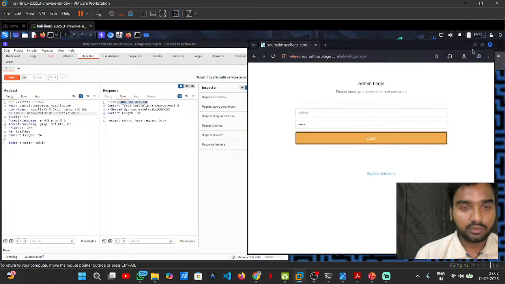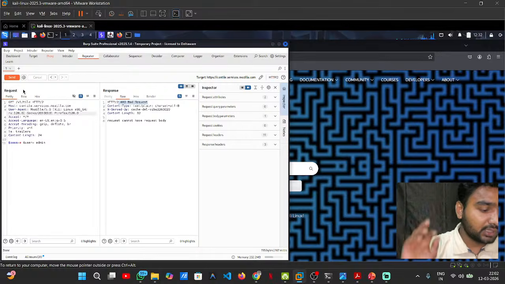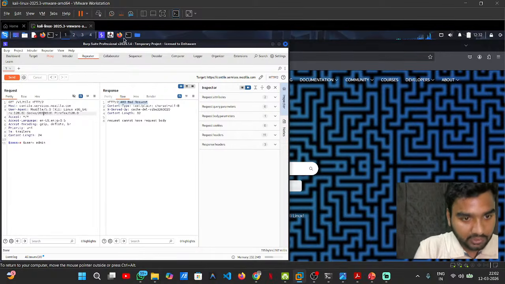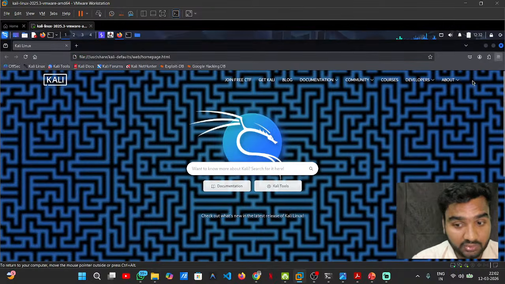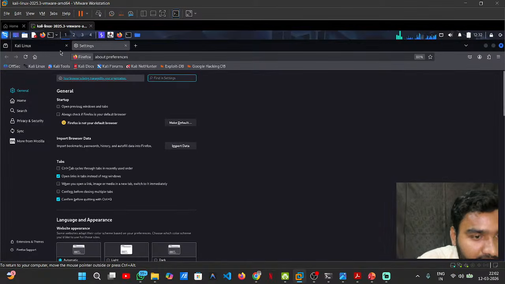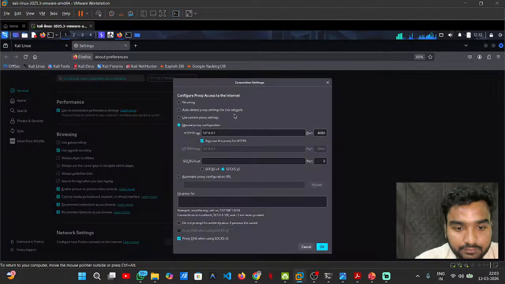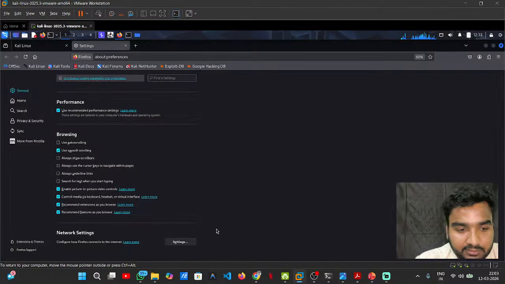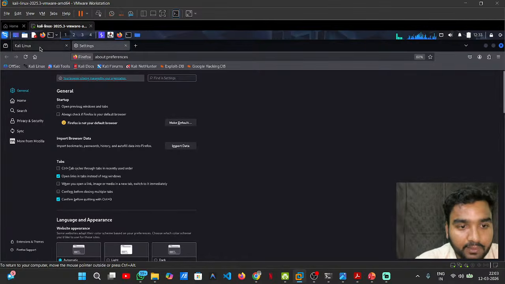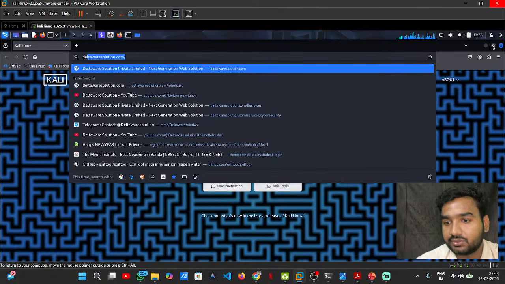We did this using the inbuilt browser of PortSwigger or Burp Suite. Now we will use Firefox, because some people want to use Firefox, so just ensure that you have configured the proxy. Open your Firefox. Sometimes you will see this. Let me remove my proxy, then I will show you. This will be your default proxy setting. In this case, if I put here Deltaware and use this,